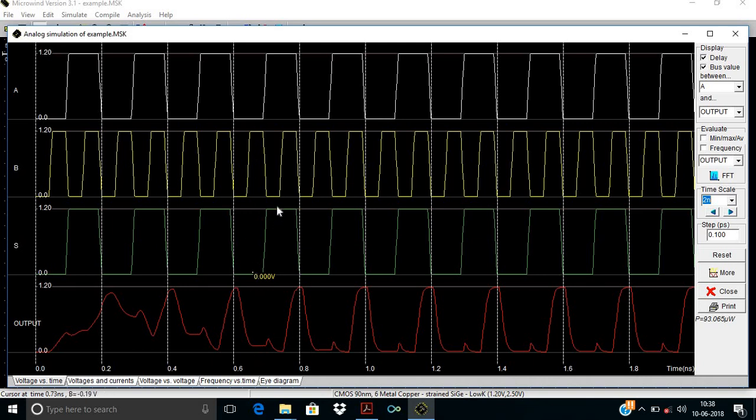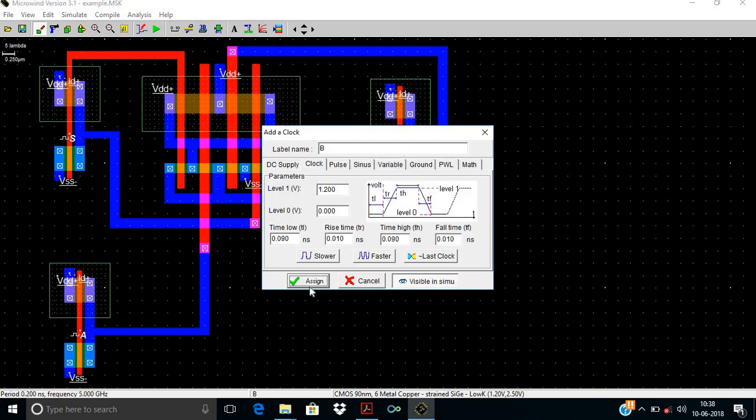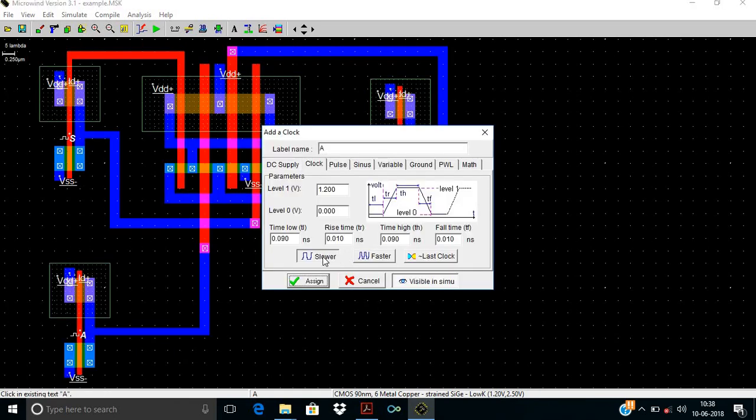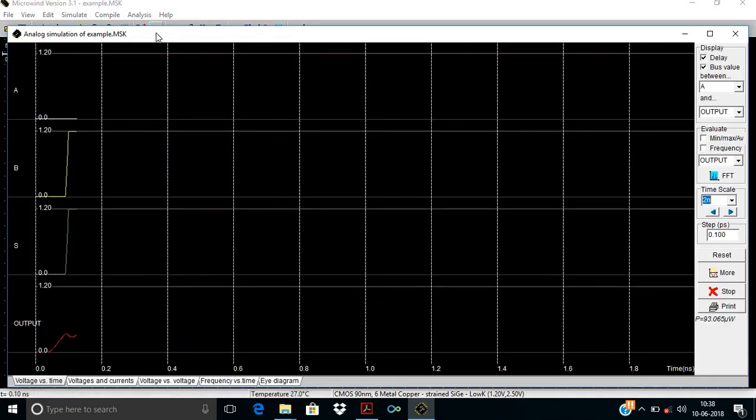Okay, the select line is 1 at that time. What is the value of B? 0. After that 1. Okay, now again 0 and then it will become 1. Now we will change the frequency, meaning we will make A and B slower. Again I will make A two times slower. Okay, and if I run this,